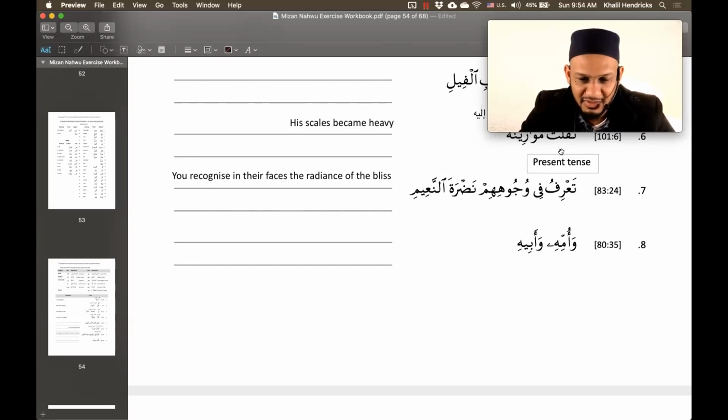When I have a verb, what must I find? So we know from the word list that arafa, ya'rifu. Okay, and when I have a verb, what do I have to look for immediately? We must look for the fa'il and the maf'ul bihi. Okay, so let's do the fa'il first. Where's the fa'il? Where must we look? Either the end or to the left. And in this case, the fa'il is you.